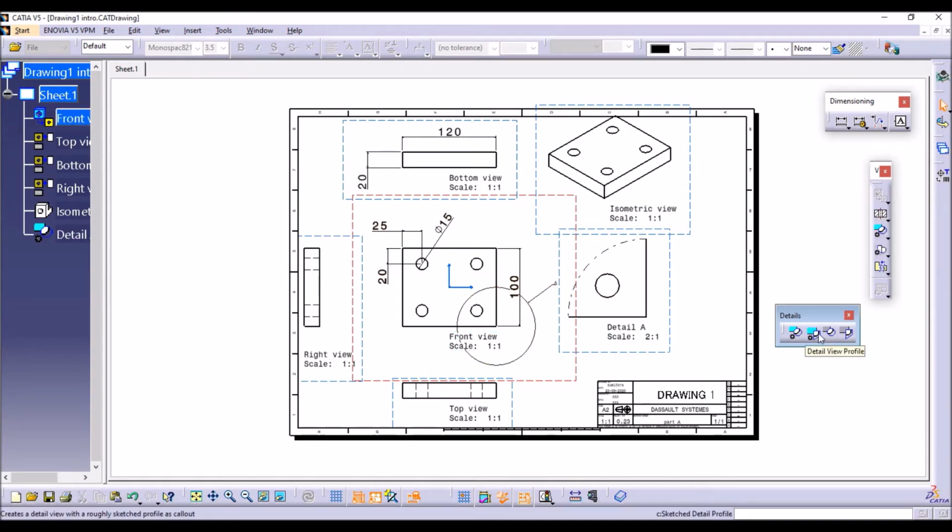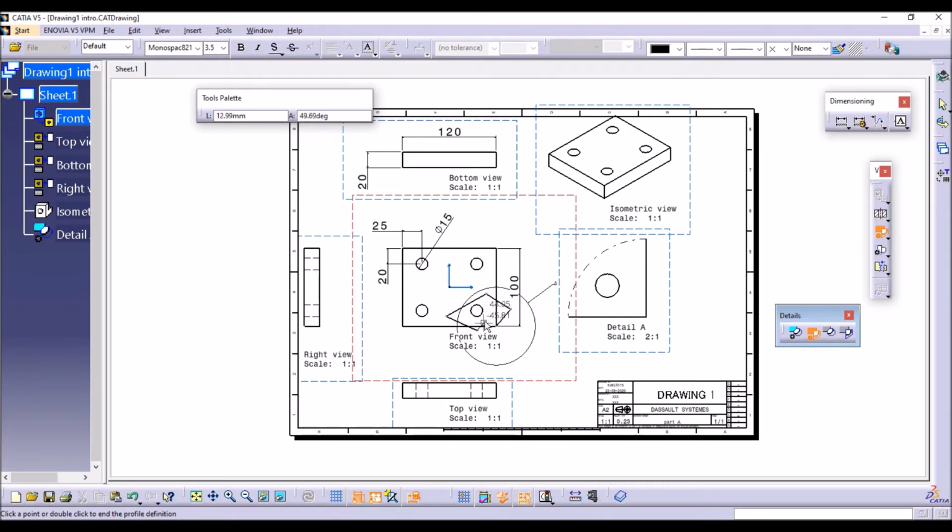Next, coming to the detail view profile. Here we need to draw a profile, so that the profile will be detailed in the view. Pick the tool, and I'm making the point here so that you can see the differences between the detail view and the detail view profile. Pick the point, and draw a profile like this.